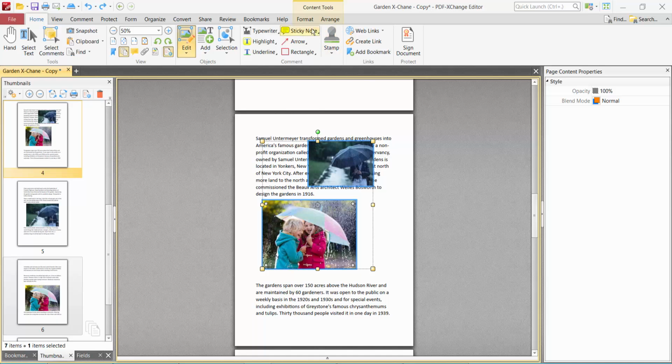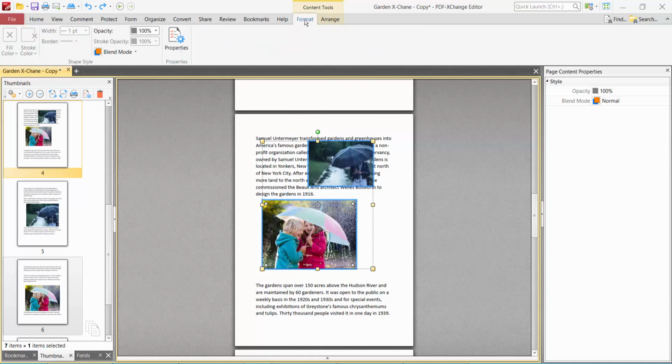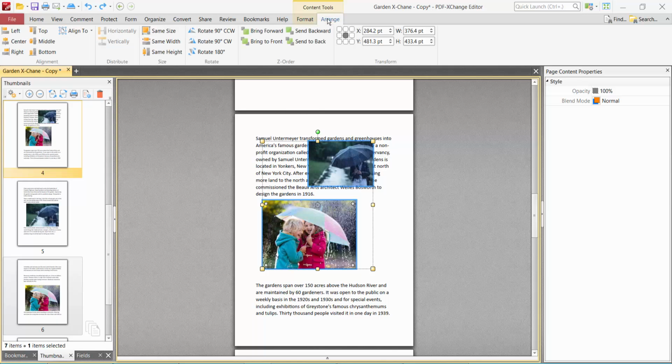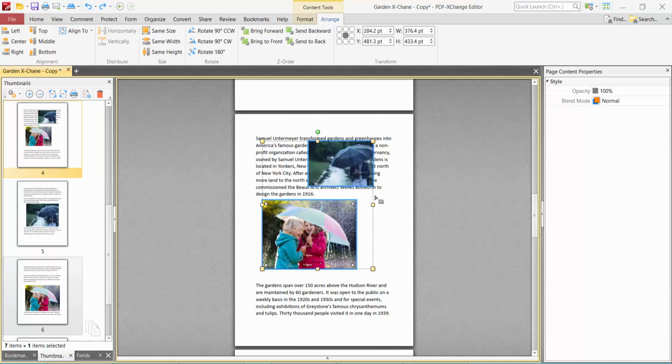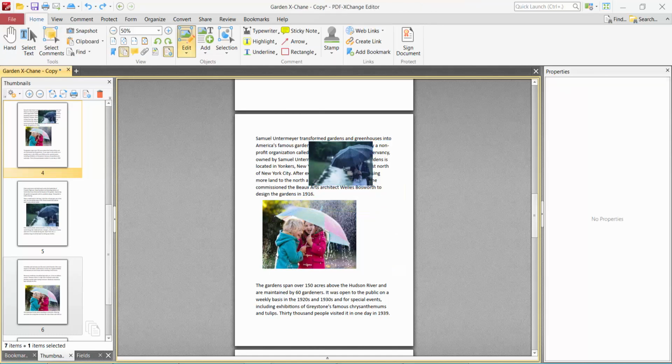Here you will find this Format option. Click here and the Arrange option, and this Same Size. Click here and see this. These two images are the same size. Undo this, and I will make this image